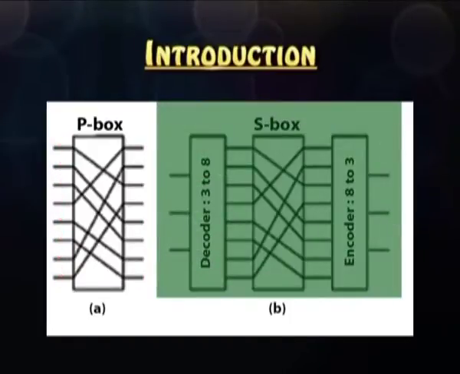Figure B shows that substitutions are performed by S boxes. In this example, a 3-bit plain text is entered and a 3-bit ciphertext is output. The 3-bit input selects one of the 8 lines exiting from the first stage and sets it to 1. All the other lines are 0. This is substitution. The second stage in this diagram is a simple transposition. The third stage encodes the selected input line in binary again.